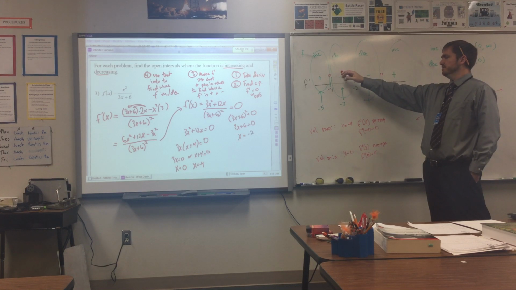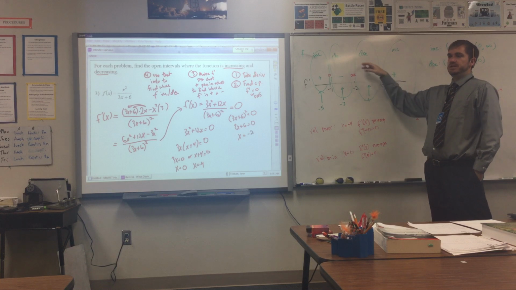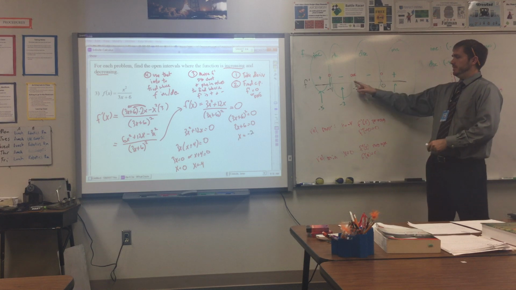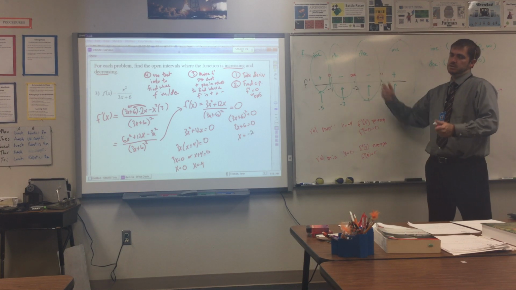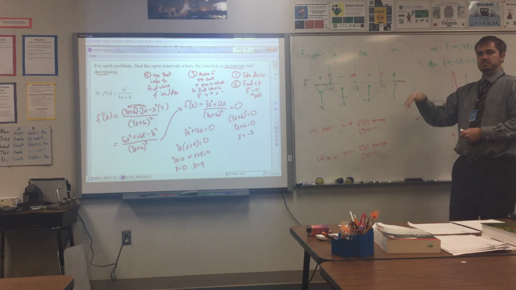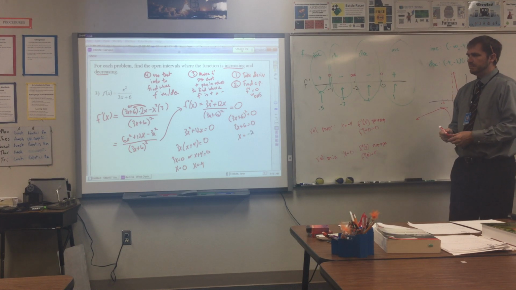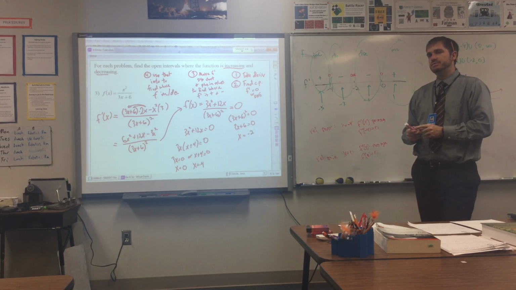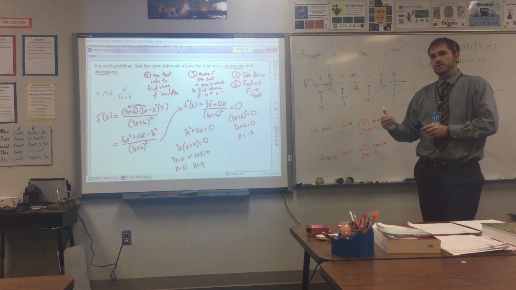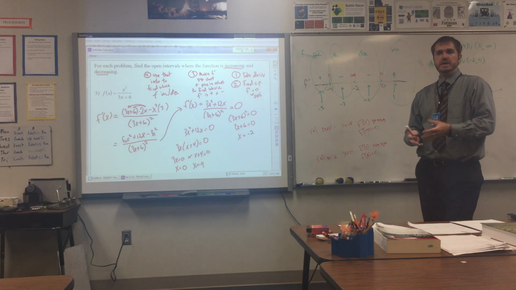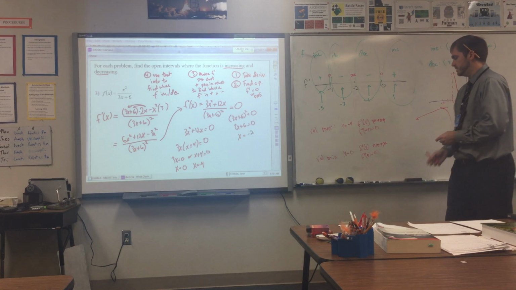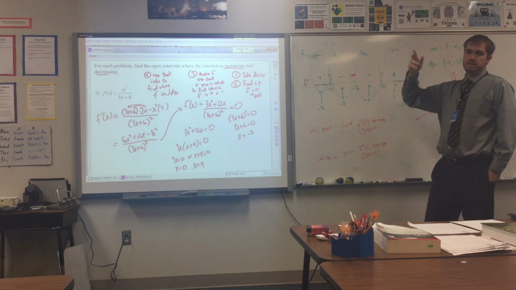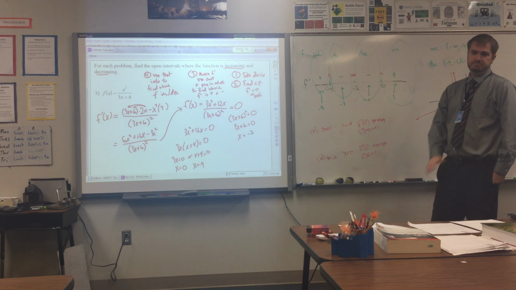Michael Harley's saying it doesn't change from positive to negative or negative to positive. Absolutely. What's more, Ivan said the derivative doesn't exist there, so it can't be a relative minimum or relative maximum. And I would say, yes, but it depends on the way in which the derivative doesn't exist. It can also be a sharp turn. If there was a sharp turn, then it could be a relative min or relative max. But if the derivative doesn't exist because it's a vertical tangent line or because there's an asymptote or discontinuity, then